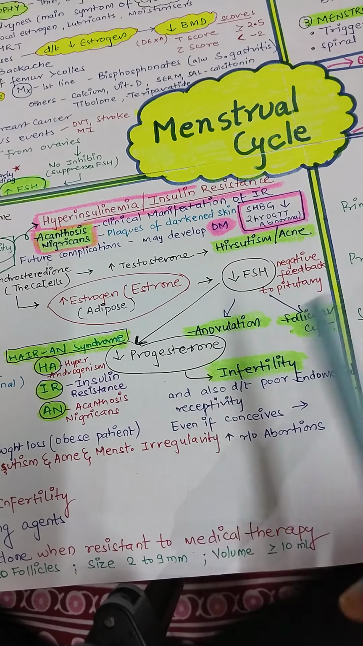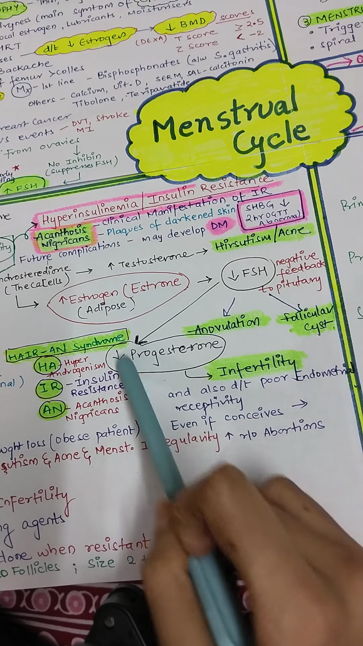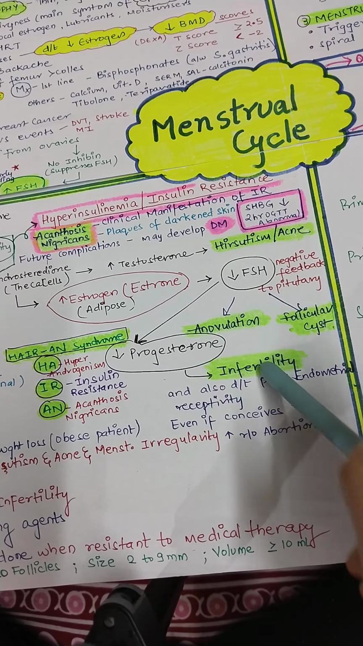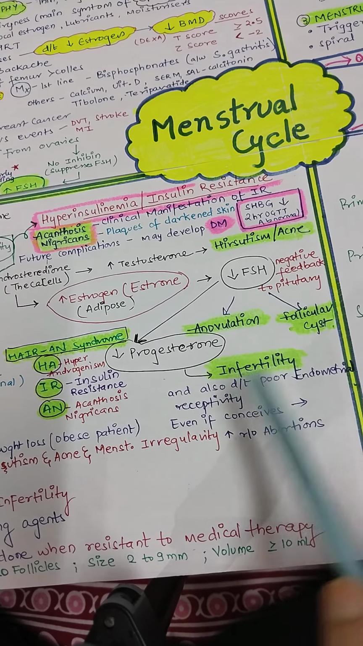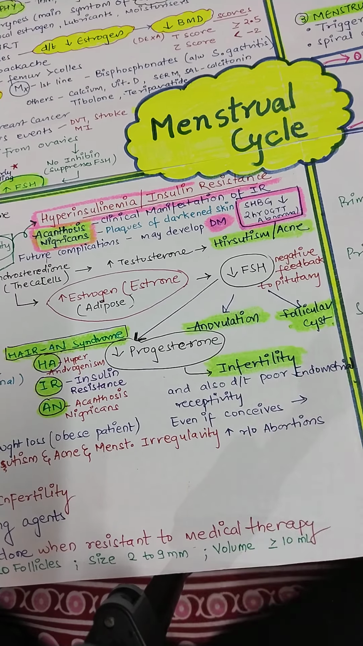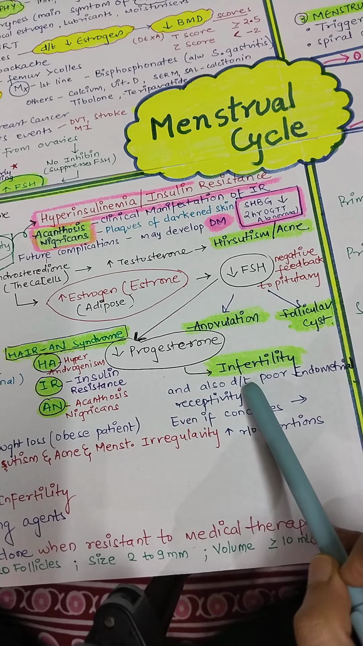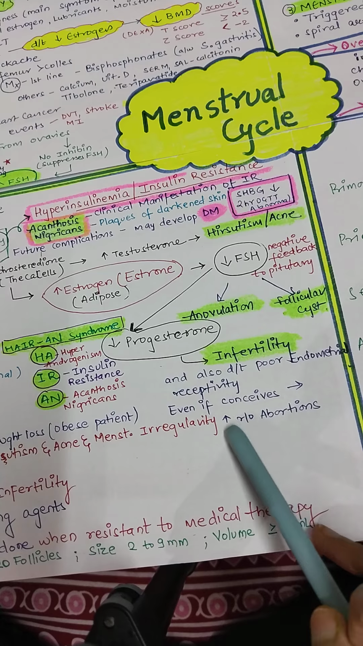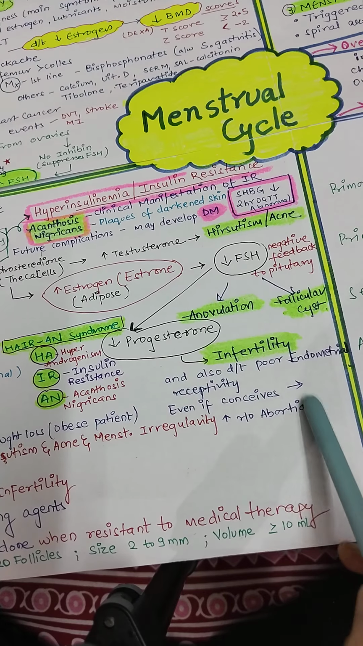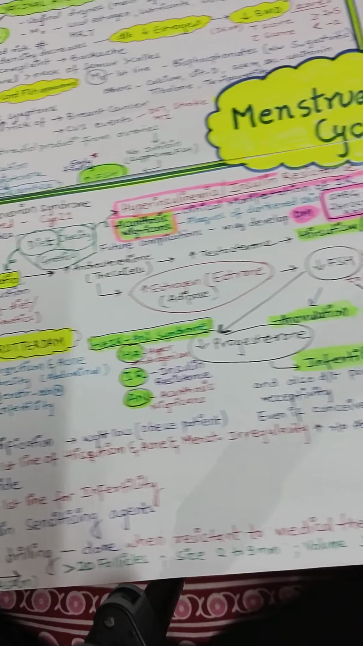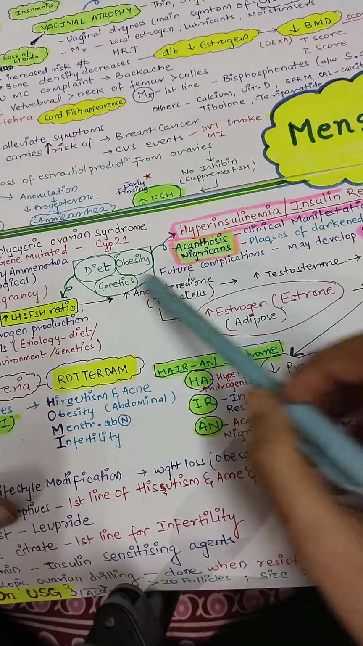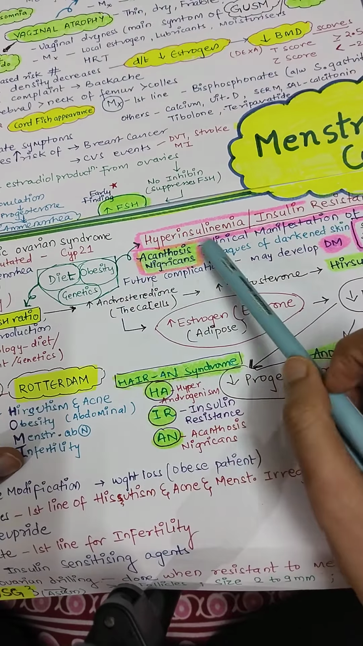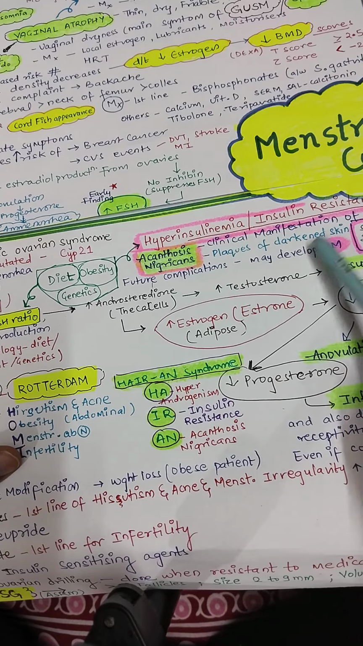Also, decreased FSH will further lead to decreased progesterone, which will lead to anovulation, and that means infertility. Here, endometrial receptivity is also very poor, due to which even if the patient conceives, there is an increased risk of abortions. Also, because of this etiology, there is hyperinsulinemia and insulin resistance,